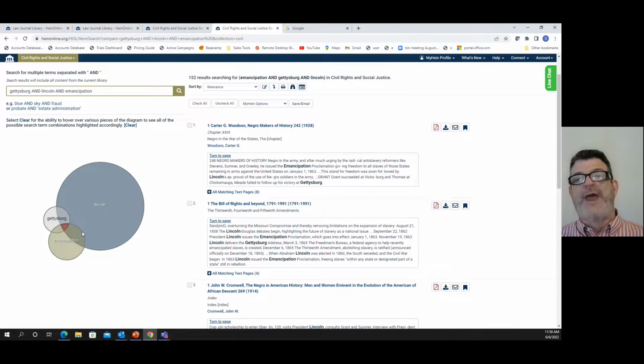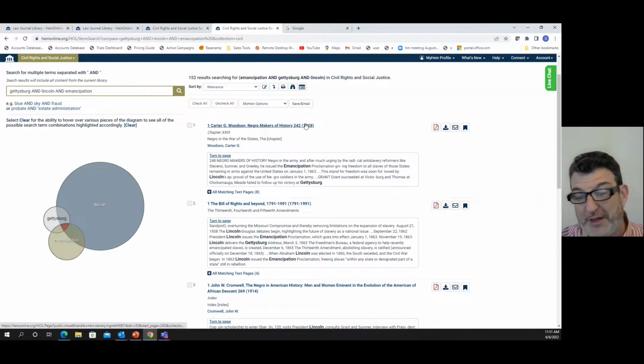So you can use this as a way to really show the logic behind searching for your students who have just used Google type searching. This is a good way to teach them a more in-depth way to search. Of course, you can do Google type searching on HeinOnline, but I happen to have learned using Boolean, and I like to use Boolean every once in a while to dig deep. However, you can dig deep with non-Boolean searching. And this Venn diagram searching makes that all so much easier because you can see the overlap right there.